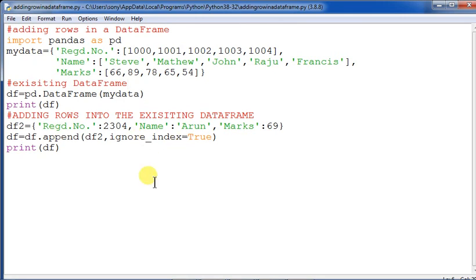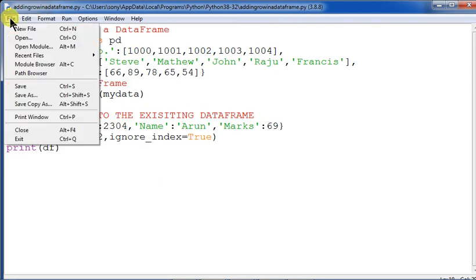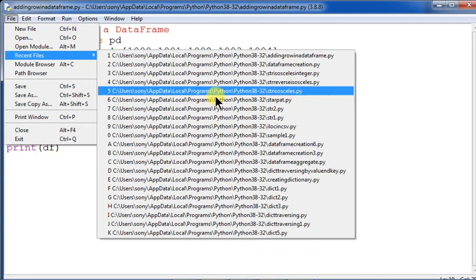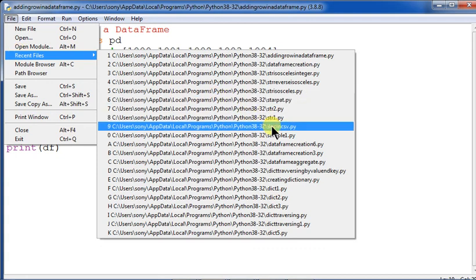In that case, it will be appended at the end of the existing data frame. Clear. These are the possible ways of inserting columns and rows.